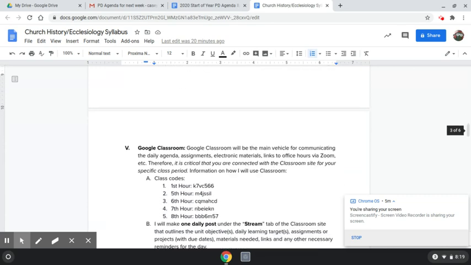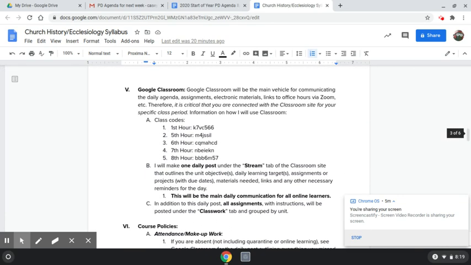Google Classroom gets its own section in the syllabus because that's how everything's going to operate this year. Okay, all right. So there are your class codes. You should be on there already from orientation last week. But if not, get on there immediately. Of course, if you're doing this Edpuzzle right now, you probably are already on there. Anyway,